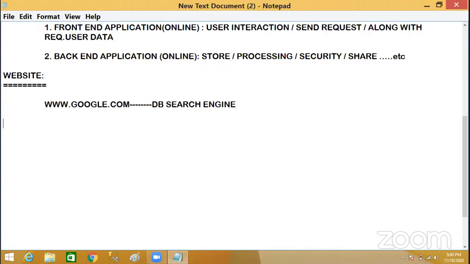Don't think, sir, I'm learning for Java purposes, for .NET purposes, for Python purposes. You are a Java student or a Python student and you want a database, fine. But you can also learn database for your career purposes. You can use it for both: for your Java work, or for your career.